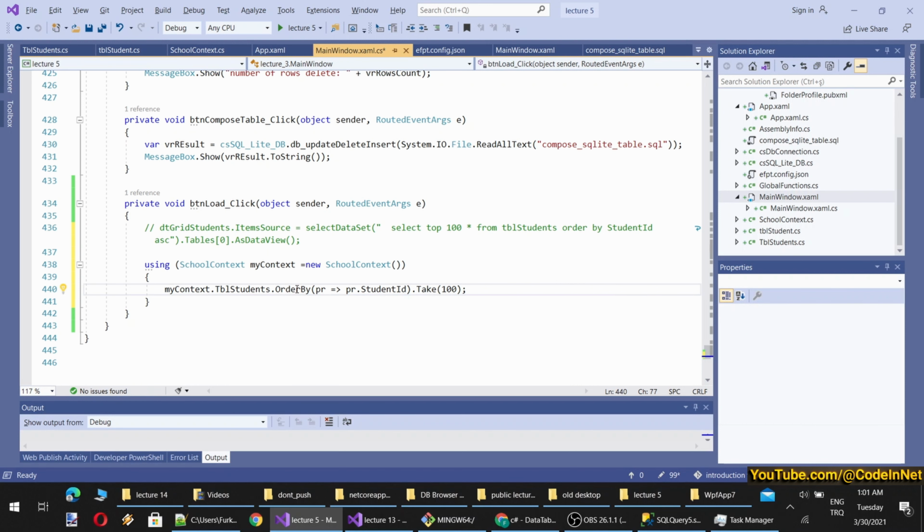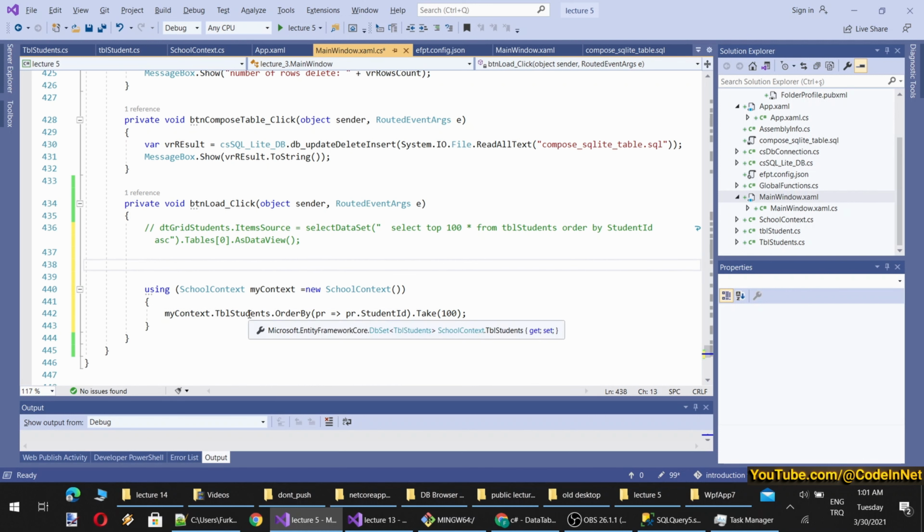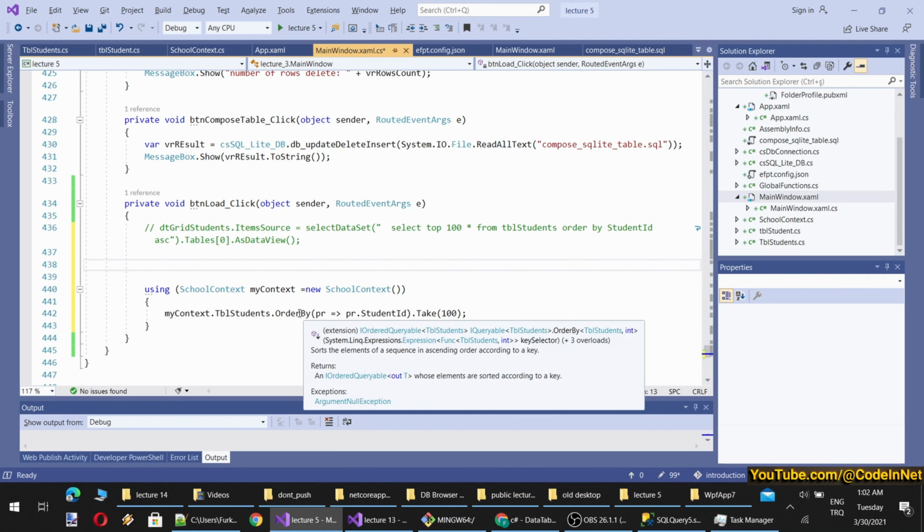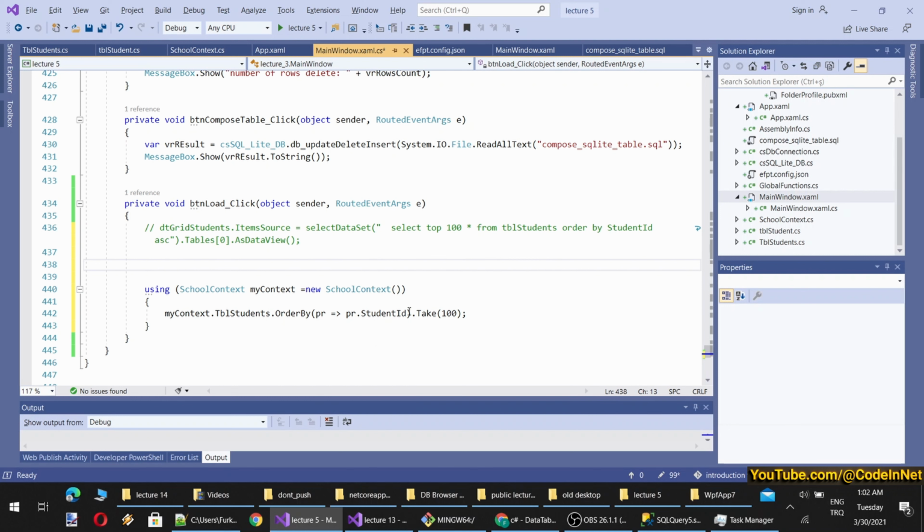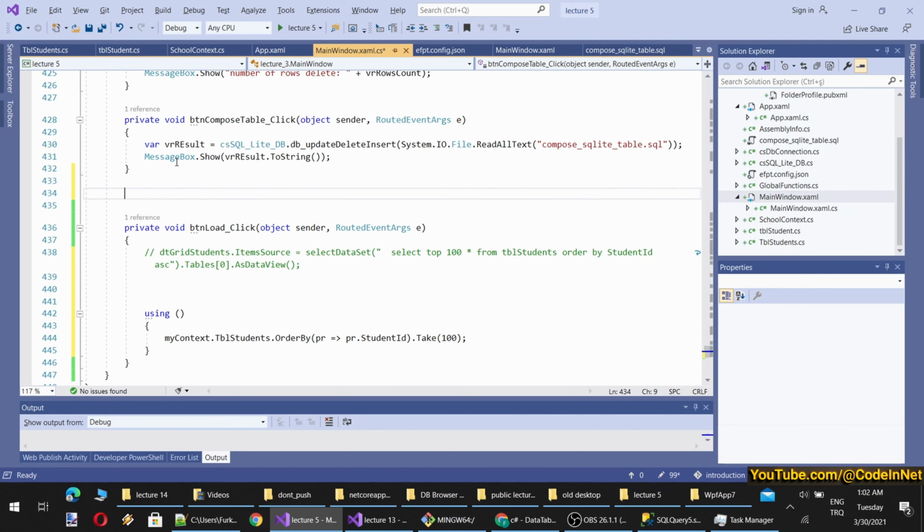This will return a DbSet. Can I assign it into a data view? Let's see, it will return IOrderedQueryable of TBR students. So to be able to use it, I need to make changes to my context. If I do using, it wouldn't work for me. So to be able to save it, I have to define it here.